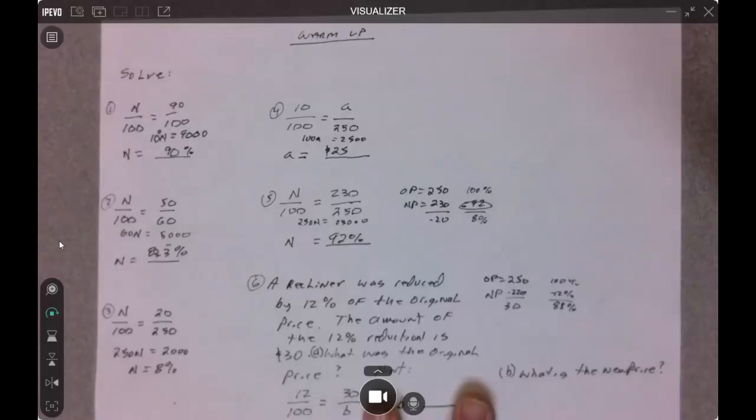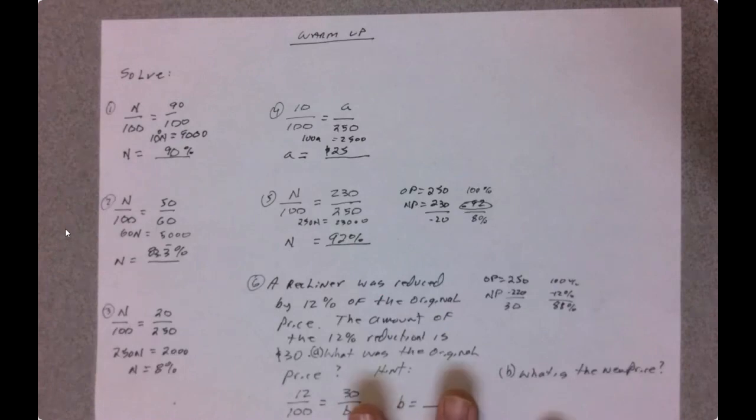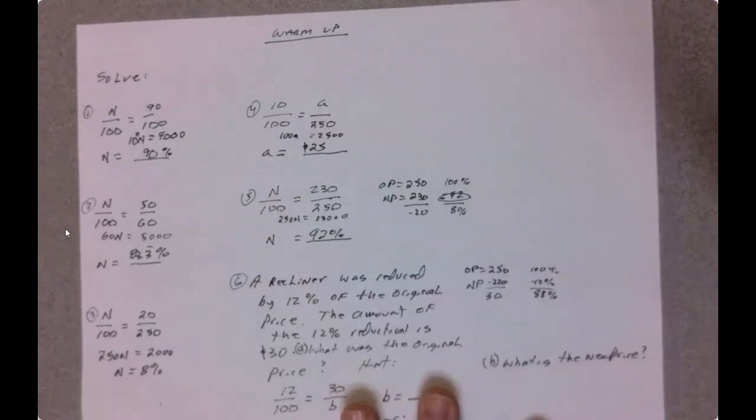Warm-up problems from today's class. We discussed the proportion method for solving percentage type problems and